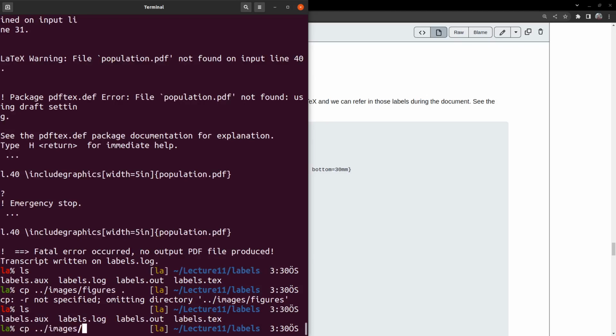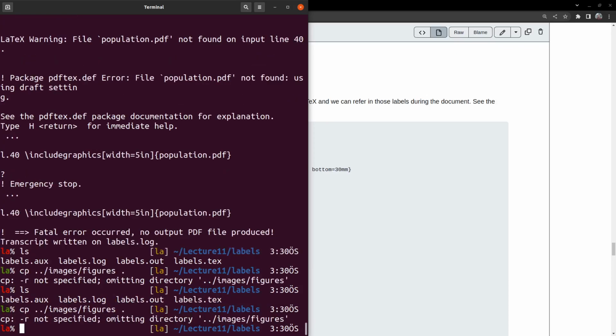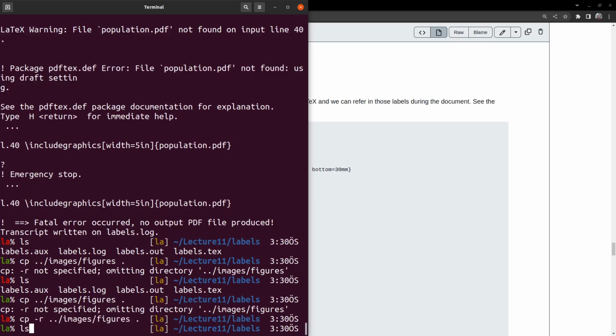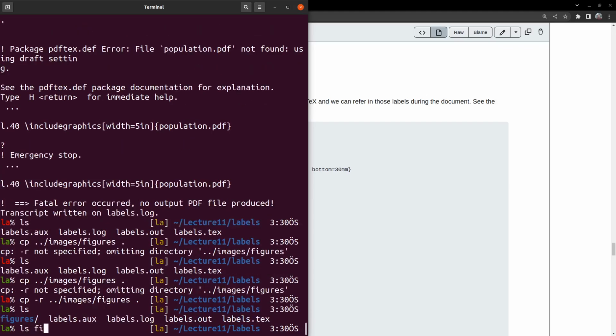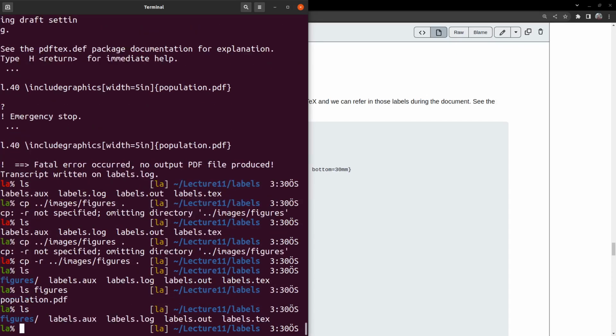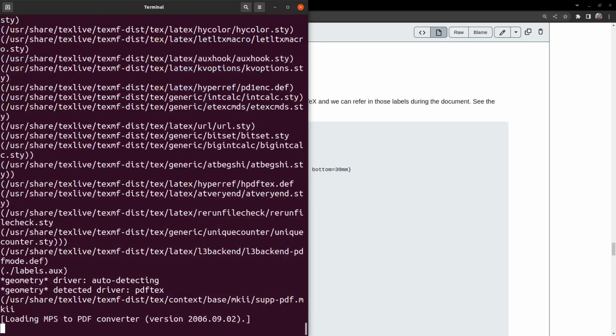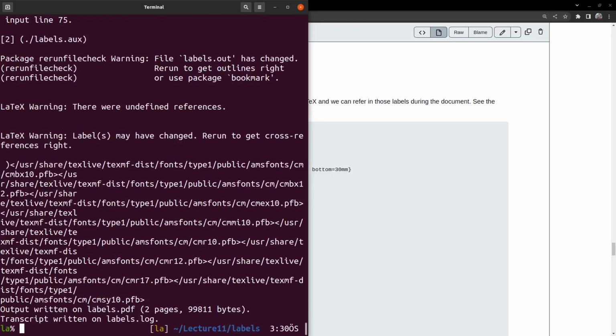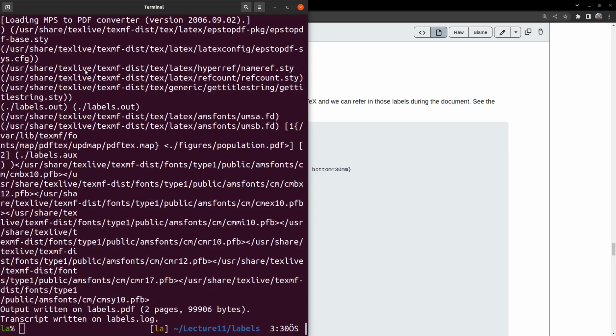Why am I not able to? Okay, I need to use -r. Okay, I have figures here and I have population.pdf in it, so I can run this pdflatex command on labels.txt,